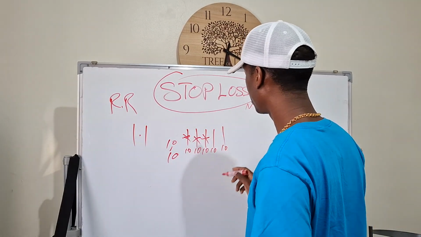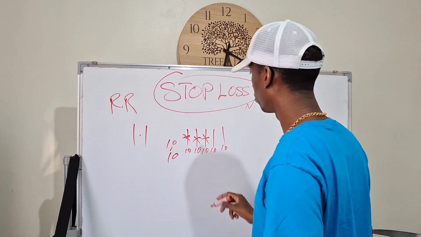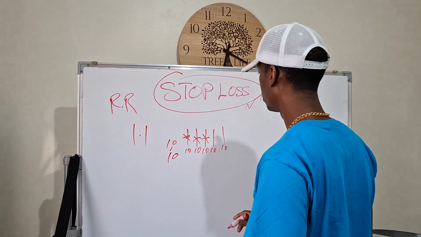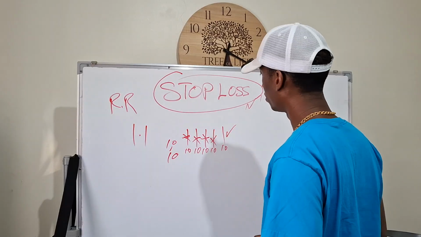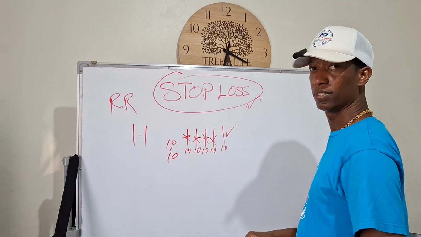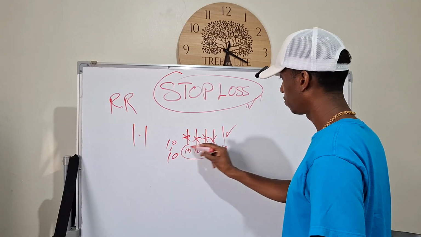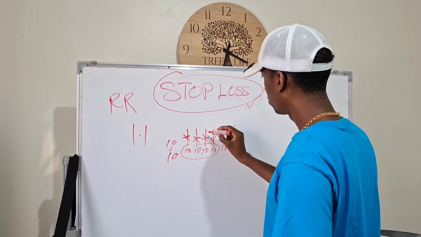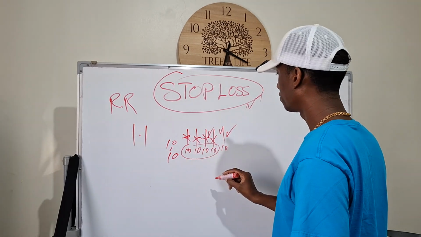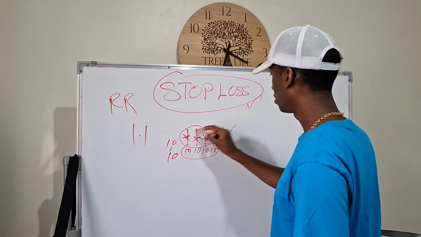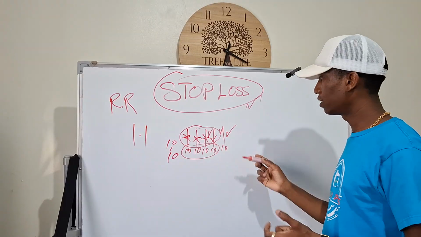So in a case like this, you lose this one here. You lose this one. You lose this one. You lose this one. If you win this one, you still can't pick up. You still can't cover for these here. If you win this one and you win this one, here and here, you still can't pick up. You're not making any money. You're wasting time.